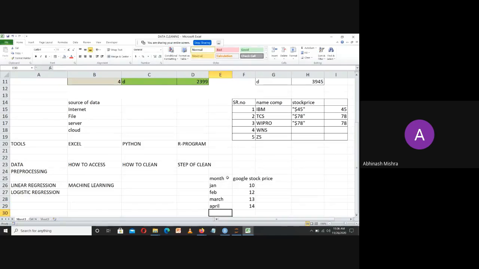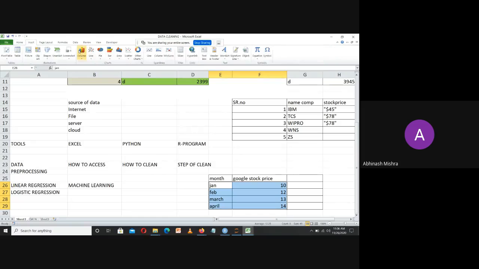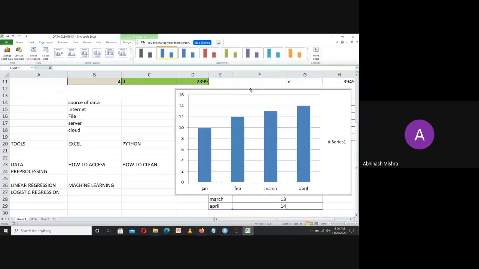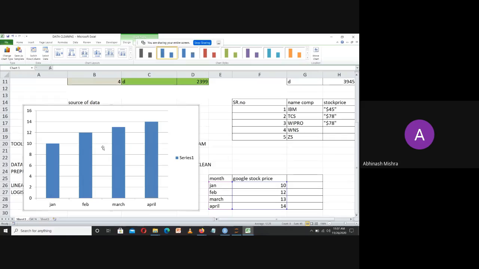Now they have given me the stock price data in order to understand what is happening and what is not happening. You will be amazed to know that if you plot this particular graph, you will find there is a trend which is increasing in nature. If I want to make this a graph or a bar chart for analysis, I can do it directly. I can say insert, and this is a general introduction, not much. But after seeing this chart and this data, what do you analyze from this? You analyze that there is a growing nature in the curve.